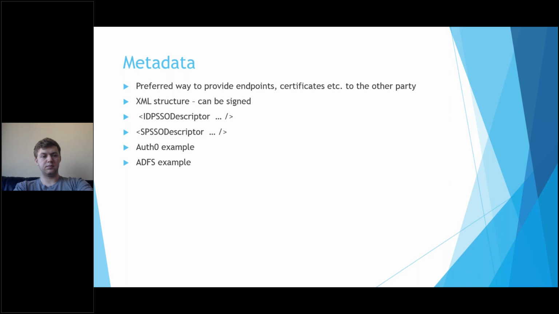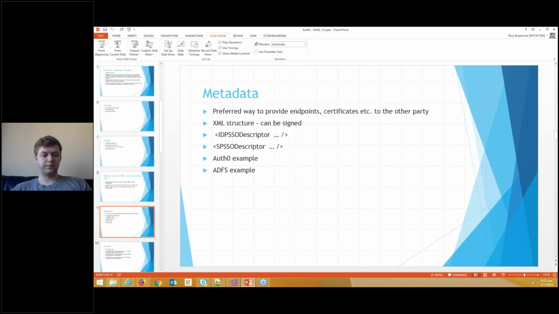Now, SAML requires endpoints, it requires certificates, it requires deciding whether you sign stuff, whether you encrypt stuff. And instead of doing everything manually, they came up with a concept of metadata. So metadata is basically a huge XML document that contains the certificates, that contains the endpoints, that shows you the flows and the claims and everything. So what you do is typically the two sides swap metadata, and then they don't have to worry about all the bits and pieces. So if we go and look at,